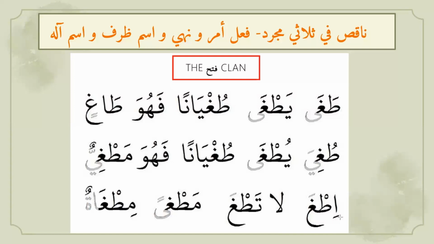Here, the only thing is we have kasra with the extra alif. Why? Because the second letter has fatha. So the rule for commanding is, when we make the commanding form, if the second letter has dhamma, like in yadu, we put dhamma over the extra alif. But here in taga yataga, we have fatha. So if dhamma is not there, then the kasra is the only option. Okay. So itaqa, la tataqa, and ism zarf on the pattern of maf'an would be mataghan, and ism ala mitaghatun.